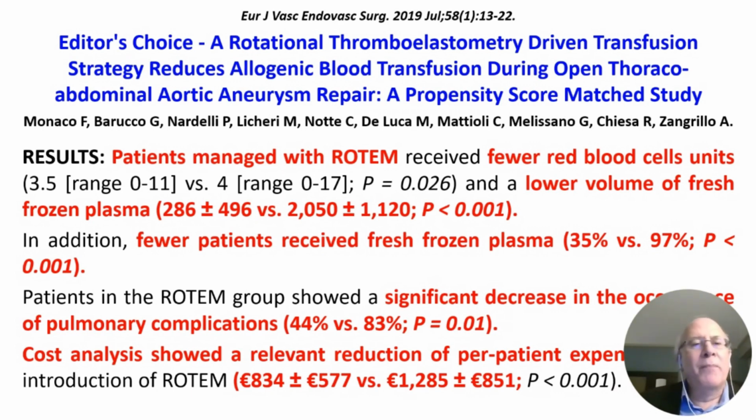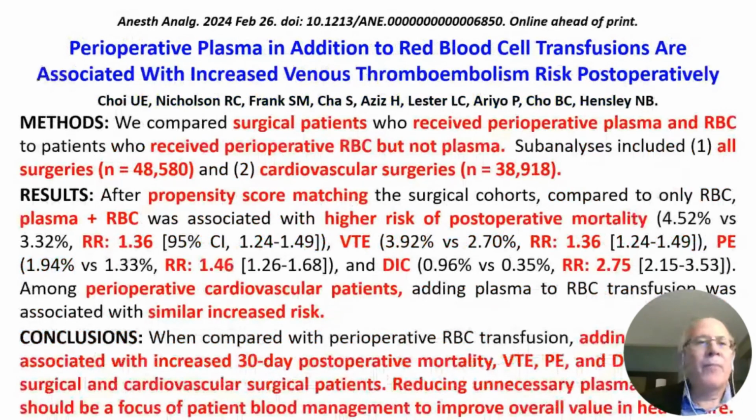And very important here, the decrease in plasma transfusion was also associated with a significant decrease in pulmonary complications from 83 to 44%. And at the same time, there was a significant reduction in cost from 1,285 to 834 euro per patient. Also, when we look at the quite recent study just published some weeks ago in Anesthesia Analgesia,